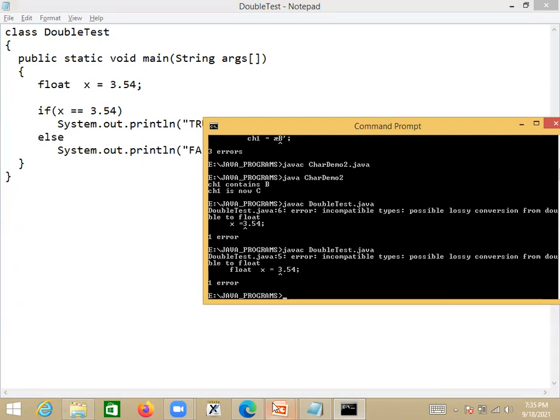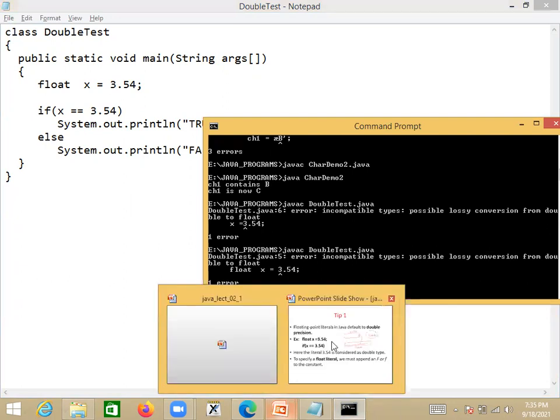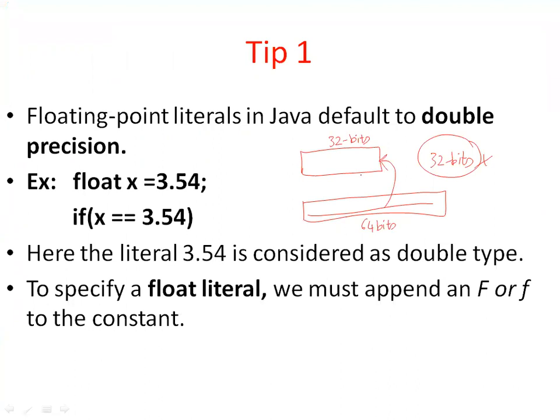That means there is a loss of data. Obviously, yes or no? So 64 bits you are trying to copy into 32 bits. Only 32 bits will be copied. What about the remaining 32 bits? They are just thrown out, discarded. That means there is a loss of information.